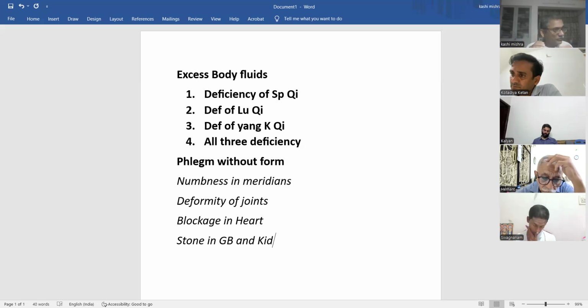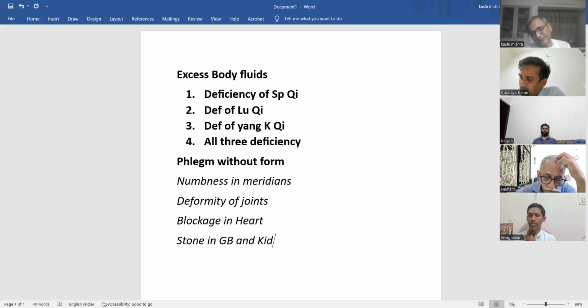What we can do apart from this, we can go to liver, and in liver what we should do,